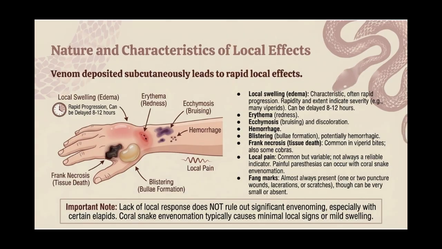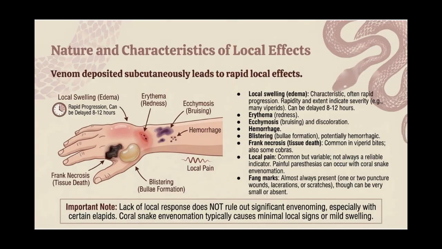Bruising and discoloration, known as ecchymosis, may occur, and in cases of bites on the foot, the entire dorsal aspect of the foot might appear bluish. Hemorrhage or bleeding can also be observed, along with blistering, which involves the formation of fluid-filled blisters, sometimes hemorrhagic in nature. In some cases, tissue death or necrosis can develop at the bite site. This is a typical feature of viperid bites, although not all vipers cause local necrosis. Certain elapid snakes, particularly some species of cobra from Africa and Southeast Asia, can also routinely lead to local tissue necrosis. Pain at the bite site is a frequent symptom.